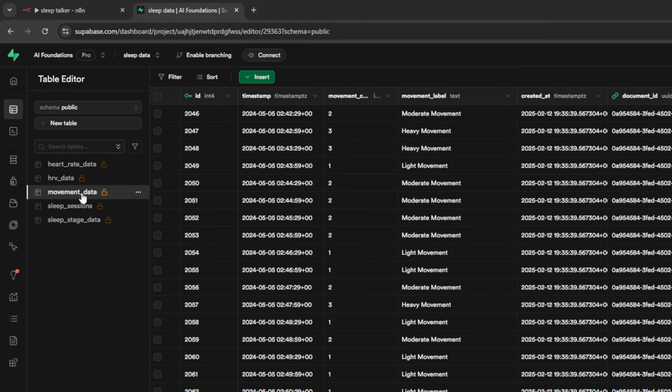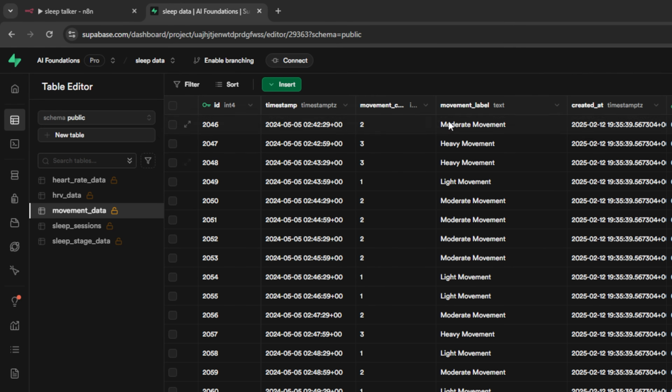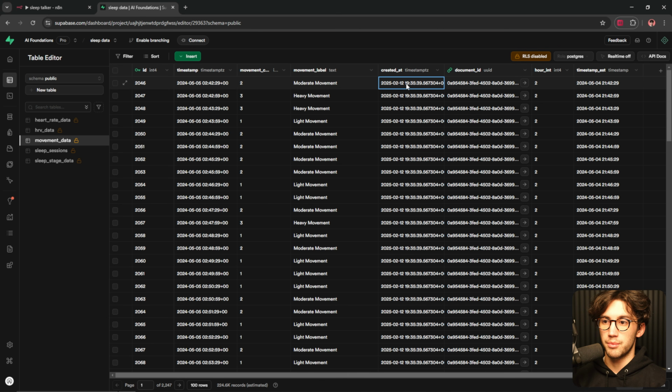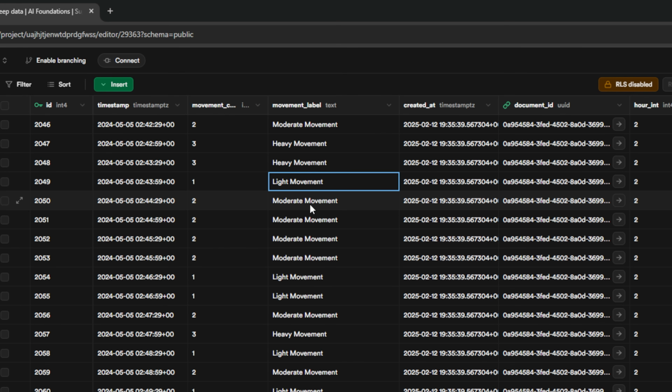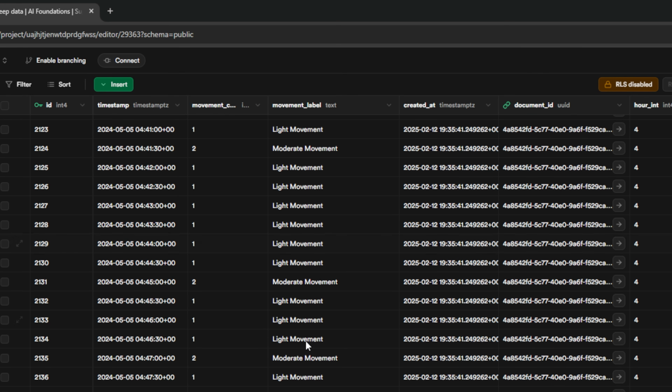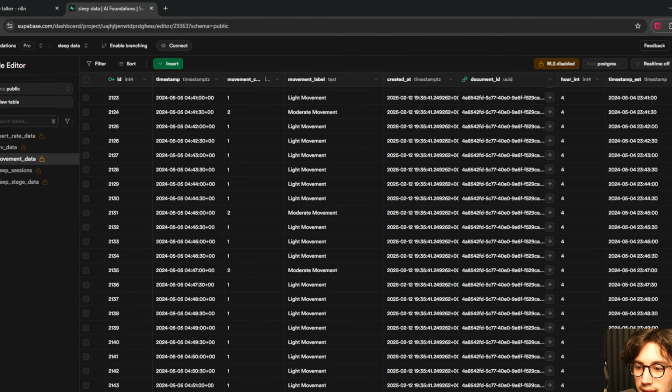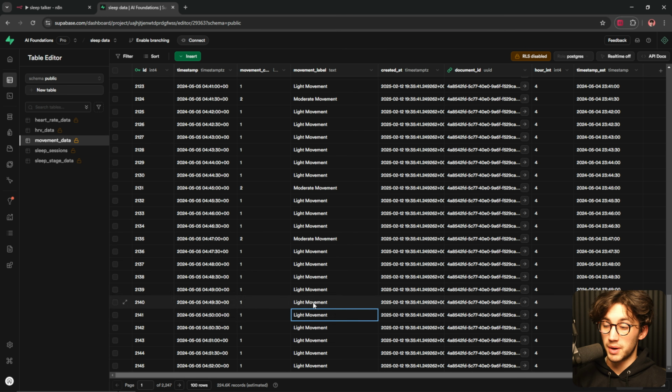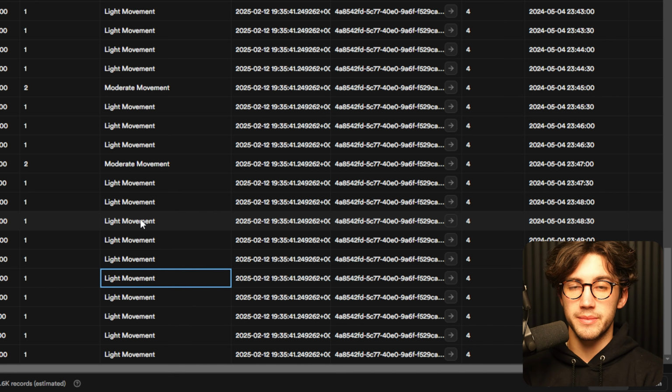As you can see, I have movement data here, and what this movement data is doing is tracking my movement every 30 seconds every single night. So every 30 seconds, it's going to give me a score of heavy movement, light movement, moderate movement. As you can see, as I move on throughout the night, the movement gets a lot more light since I've settled down. But if it's tracking in 30-second timestamps every single night, as you can imagine, when you get hundreds